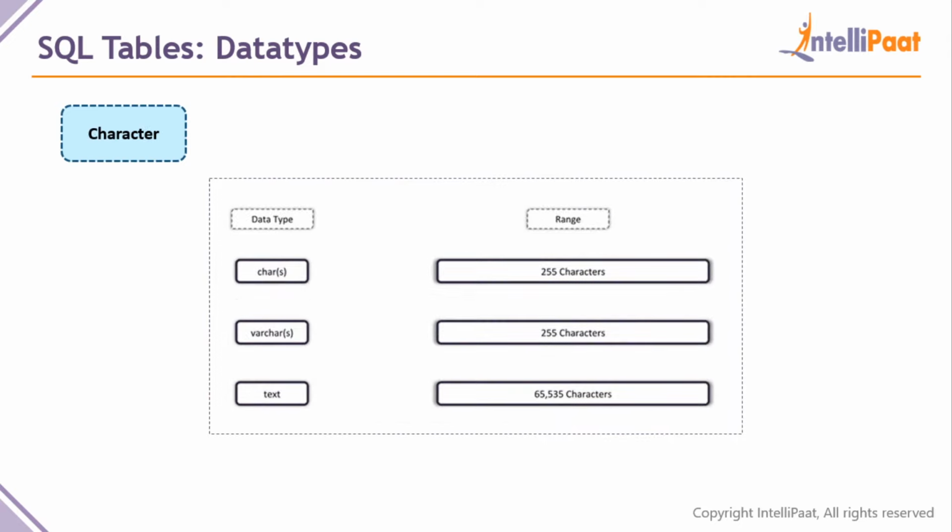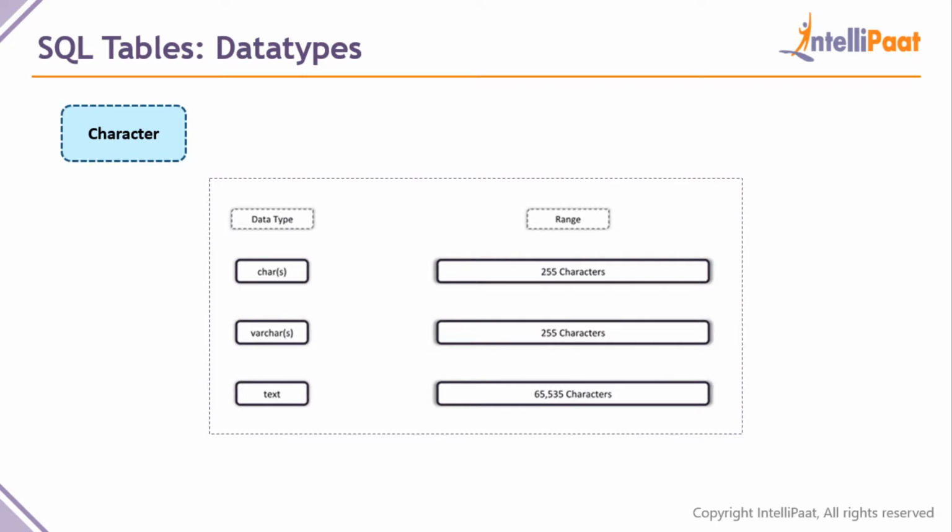So this brings us to characters. There are three main data types. One is the char, one is the varchar, and the text. Again, it is as simple. At this point of time, you need to know that you can have 255 characters at once when you're declaring something, when you're declaring the name of a data type, or when you're putting in the actual data for the data type as well, guys.